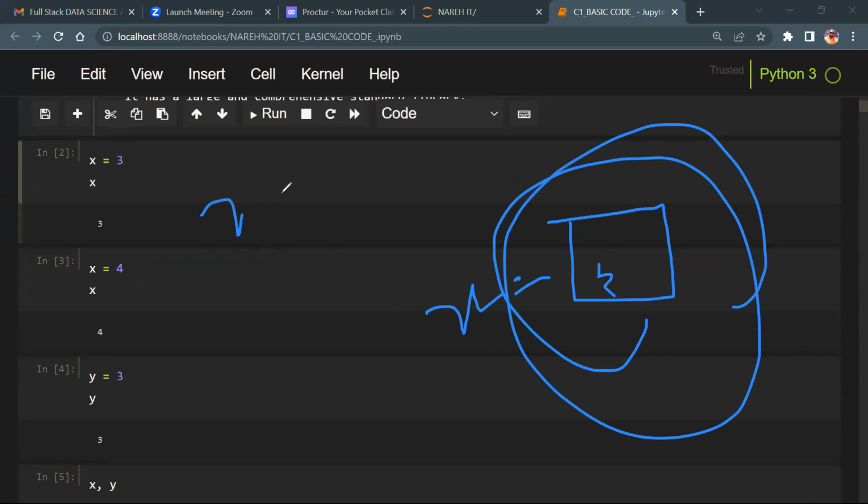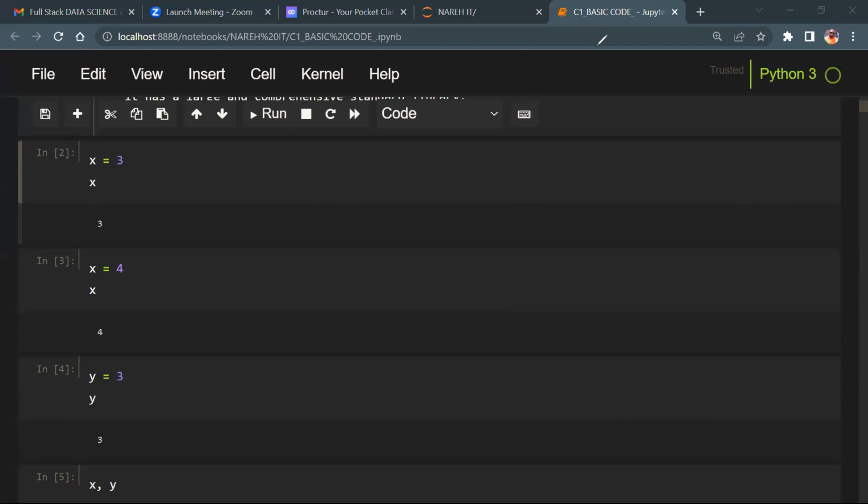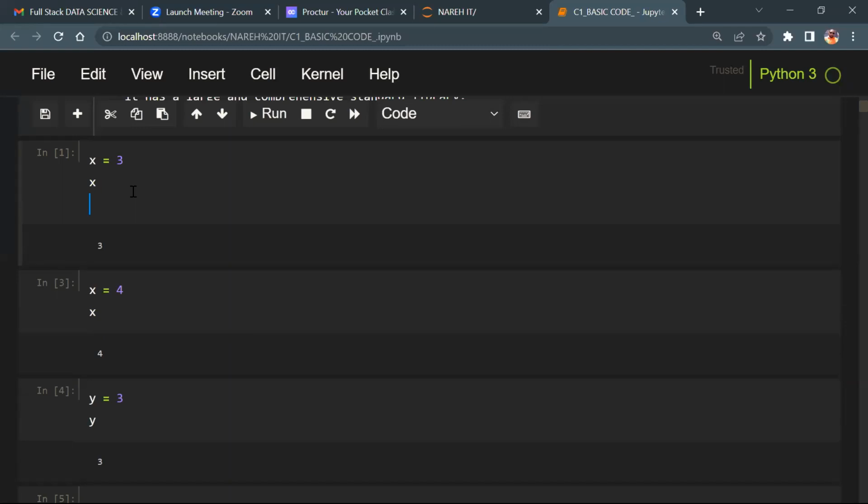If I say x equals 4, what happens, guys? It will change, or not? The location will change. Let's say, if I check this out, guys, id of x. What is meant by ID? Everybody wears an ID card or not? Identity. Because when you go to college, a lot of students are there, and the college gives you an identity card. It means it will give you the memory location to which the object is assigned. Understand or not?